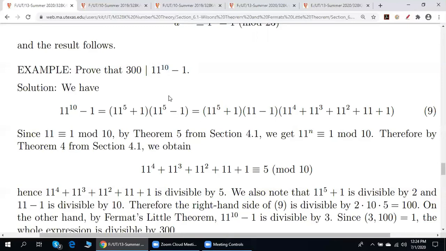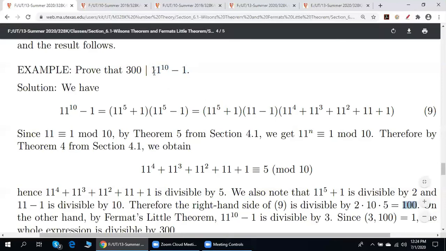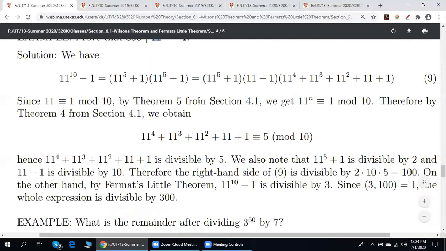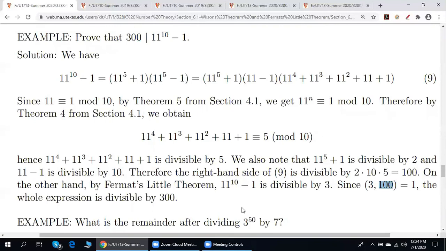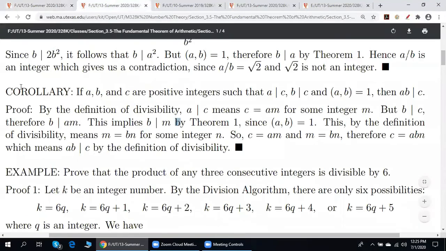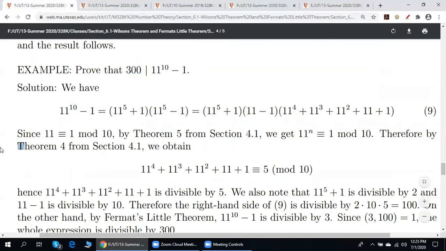Now let us put the pieces together. This is divisible by 100. This is divisible by 3. Since 3 and 100 are relatively prime, the whole expression is divisible by 300 by this corollary from section 3.5. In section 3.5, we proved that if C is divisible by A and is divisible by B, it is divisible by their product if A and B are relatively prime. Next,